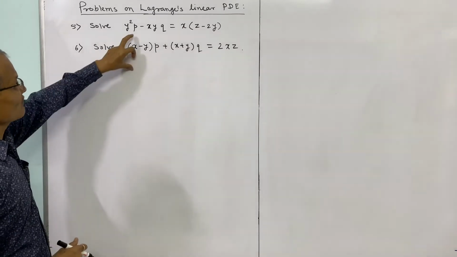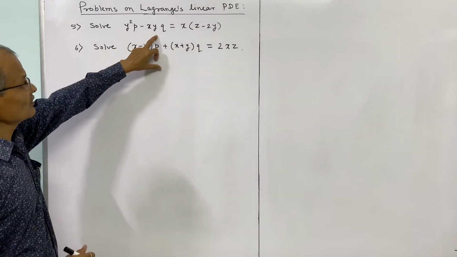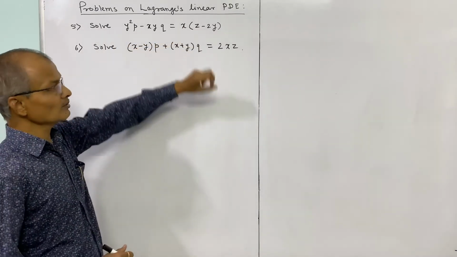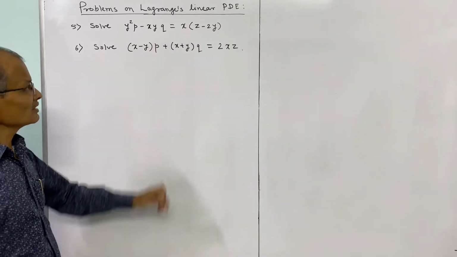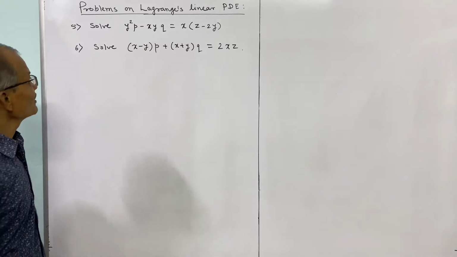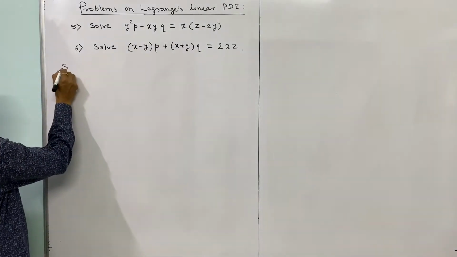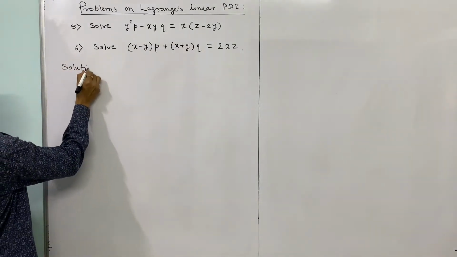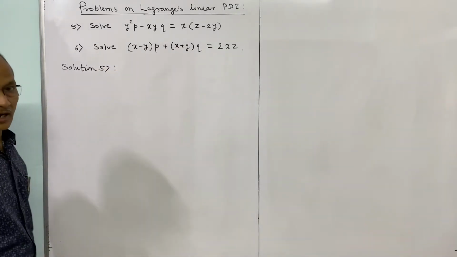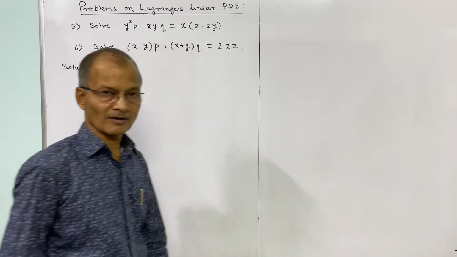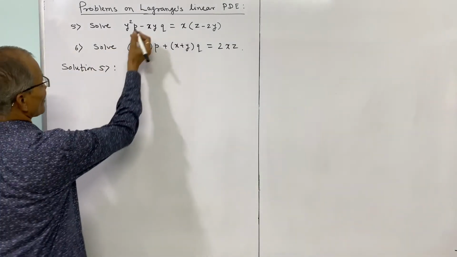Solve y square into p minus x into y into q is equal to x into z minus 2y, and this is the second one. So we shall consider these one by one. Solution of fifth problem first. Now we know that the Lagrange's linear PDE is, comparing this with